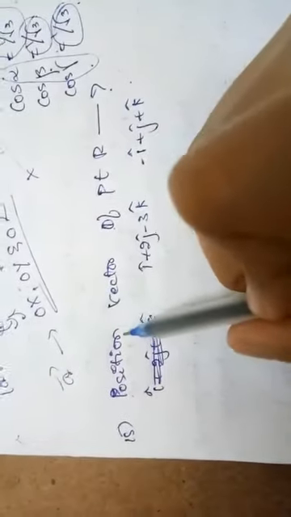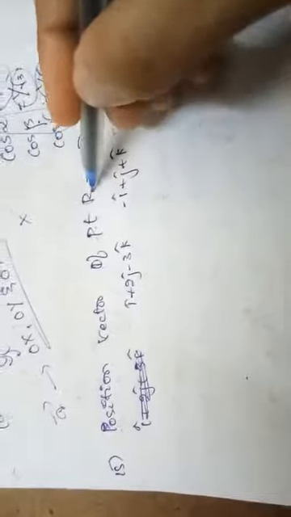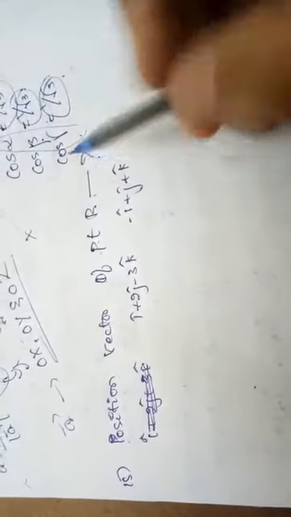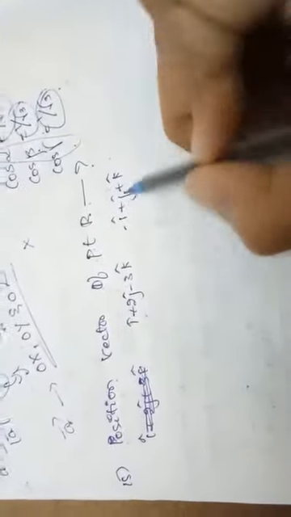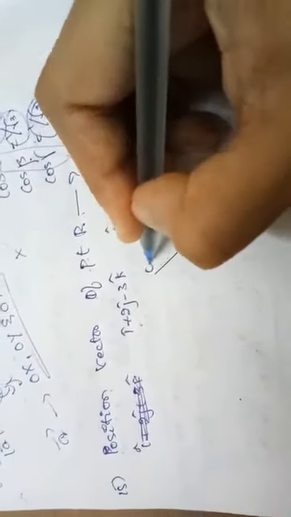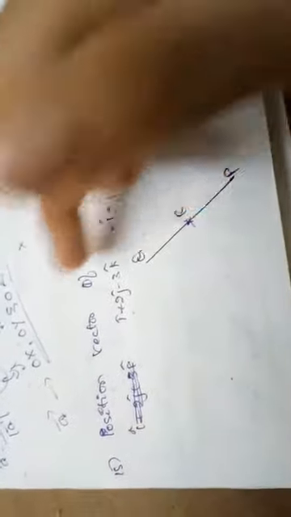So let us solve the next question. This question is based upon the section formula. We need to find the position vector of the point R such that R divides the points P and Q externally as well as internally, where they have given these two vectors. If I call this one point P and this one point Q, then this is our point R, which divides PQ internally in the first case. Externally means this point will come on an extension in either direction, so they have given these two vectors.